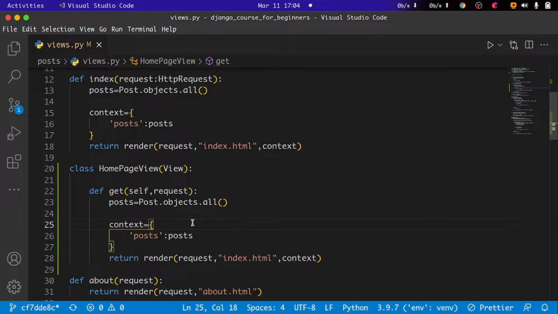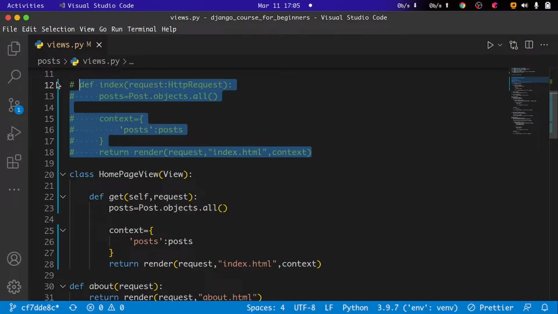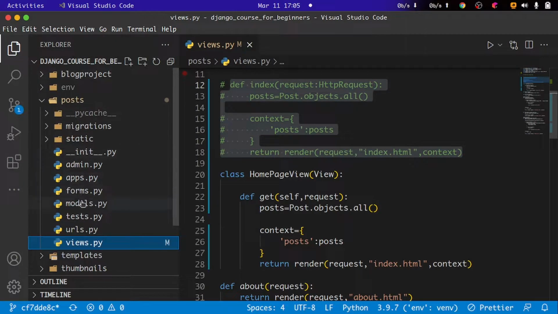So to attach this to our URL patterns, we need to remember that these are classes and therefore they return objects. Now the way we do that is by calling the as_view method that helps us to basically return HTTP responses, as we're going to see. So I'll begin by commenting out this view function that we have here, and after commenting it, I'm going to go ahead and save. Now when I save, I'm going to head over to our urls.py within the same app,